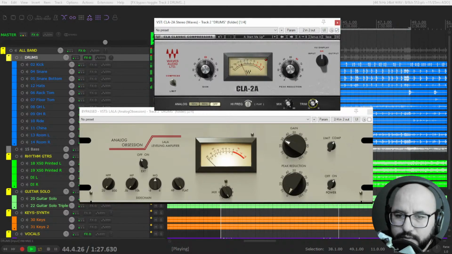Before, after. Okay, let's enable limiting, more aggressive form of compression,